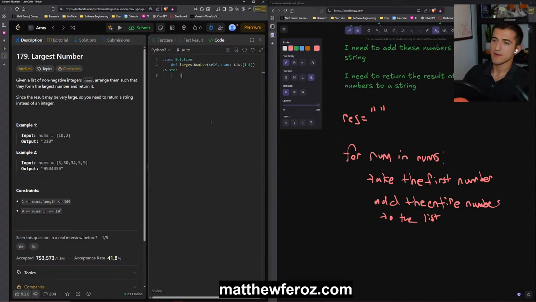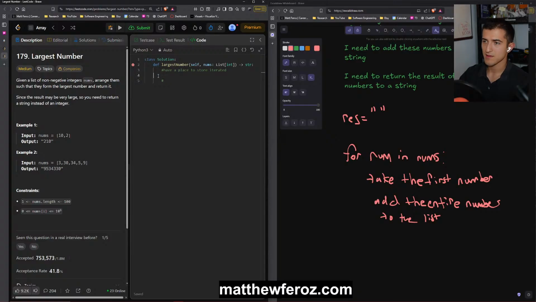I want to have a place to store iterated numbers. Value in the list array. I want to...